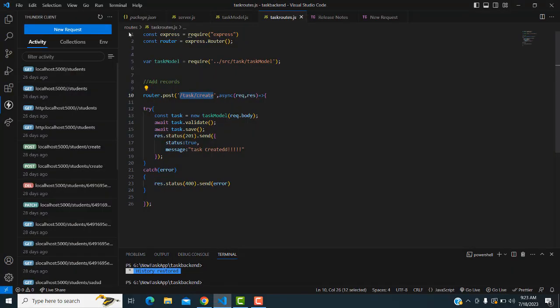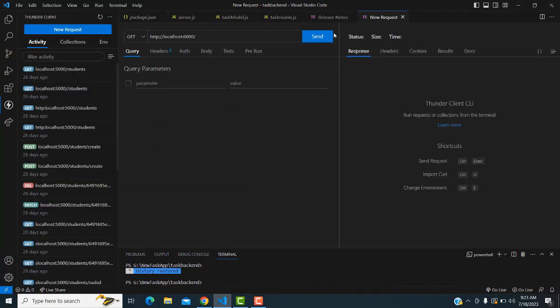Slash create here. Right, this is a post request. You have to write a body in JSON format, so you have to add the data. How to add the data? What are the fields? Title. You have to write the data title. What's the title? Task 1, comma, description,